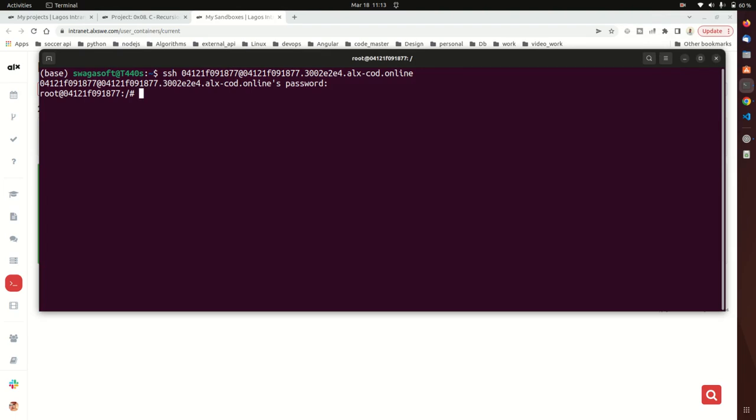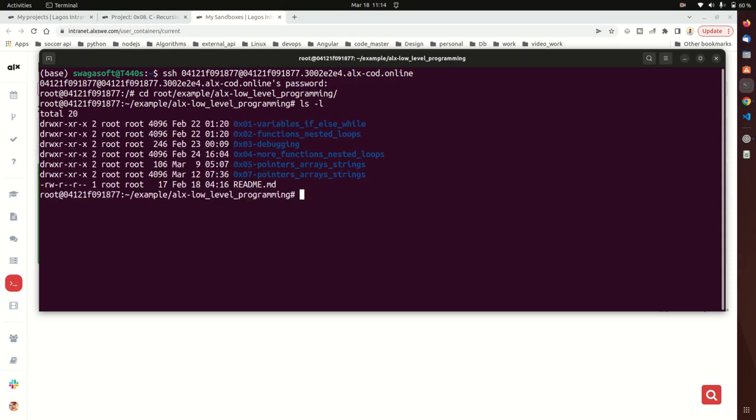Okay, I'm currently in my cloud server, so I want to locate my project directory. So mine is located at root, example, ALX, low level programming. So if I do ls, these are the list of what I have here. Okay, so if we go back to the web,